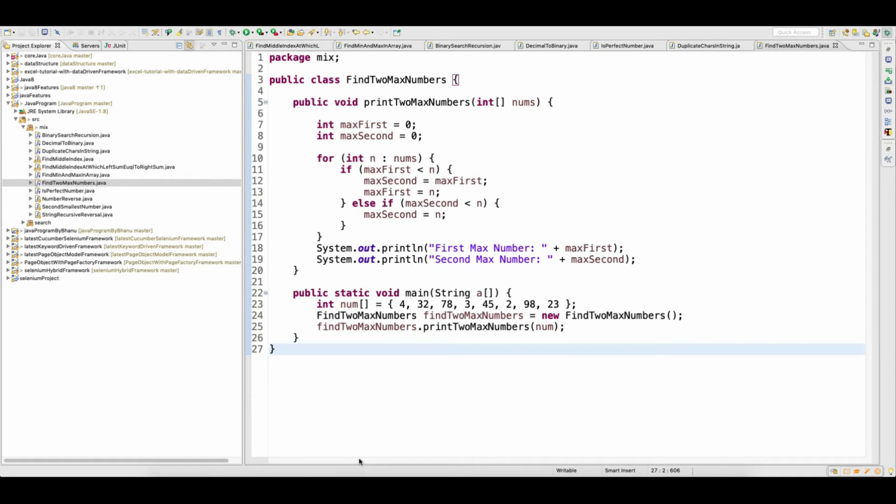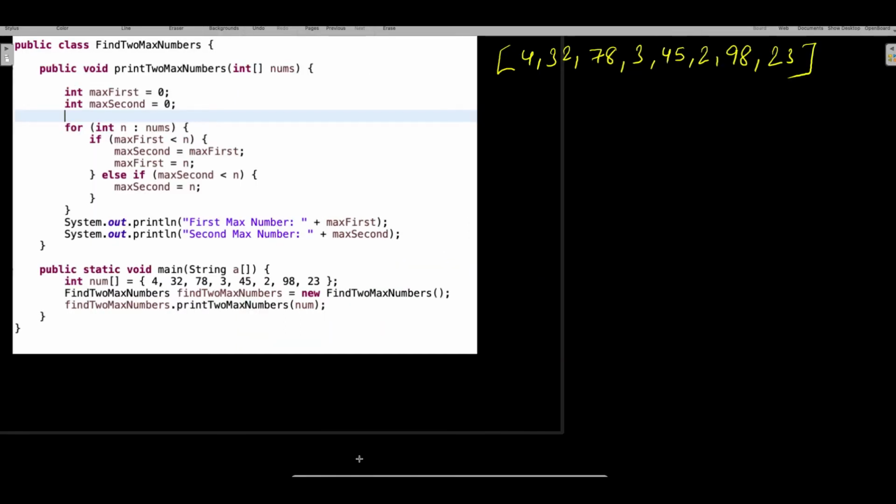Hey guys, welcome back. In this program, I will talk about another concept which is also a common program. Basically, they will give you one array and ask you to find the max two numbers, right? So manually, if I have to find out, I can say that